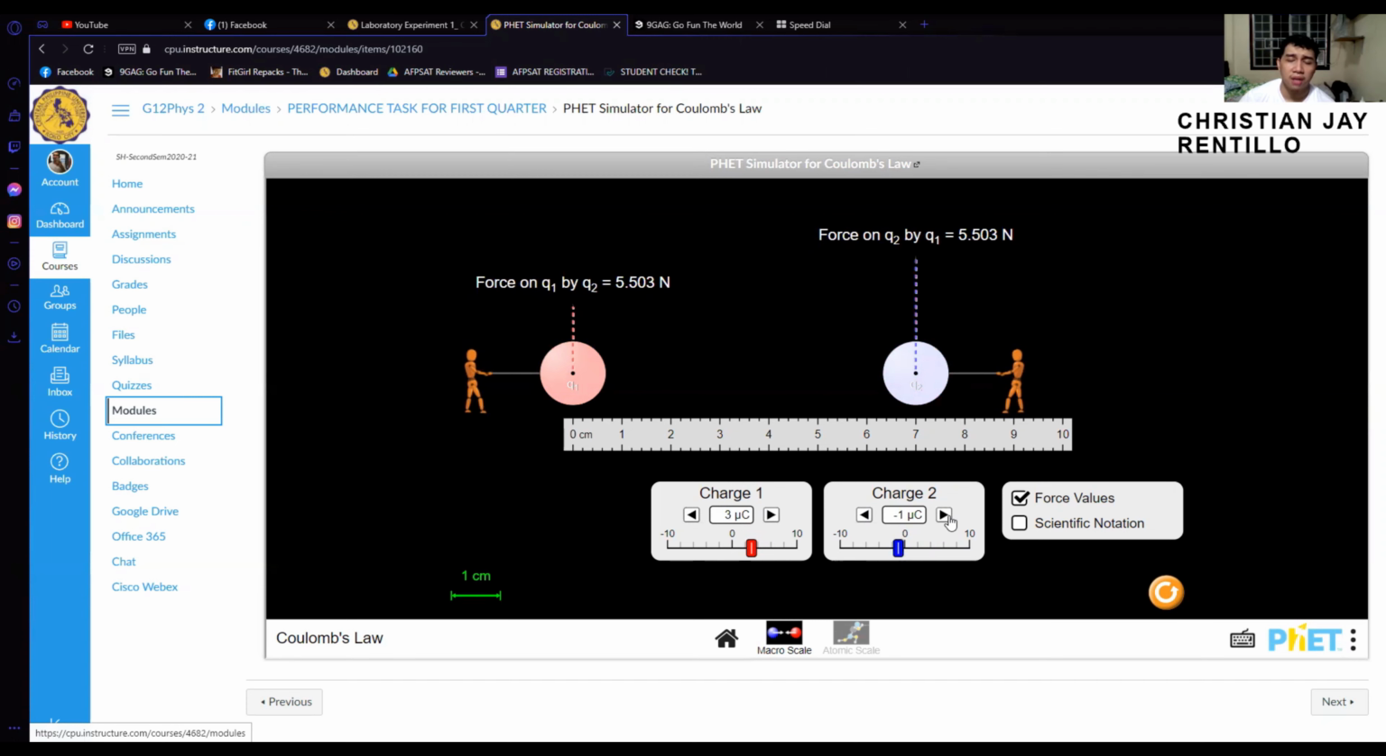5.503 N. Now for number 4, we will make Q1's charge a negative value, -8, while Q2's charge will be positive, a value of 6, so we will have 88.041 N. Now for number 5, we will make charge 1 a positive value again, a charge of 4, while Q2's charge will be a value of 5. So we will have a value of